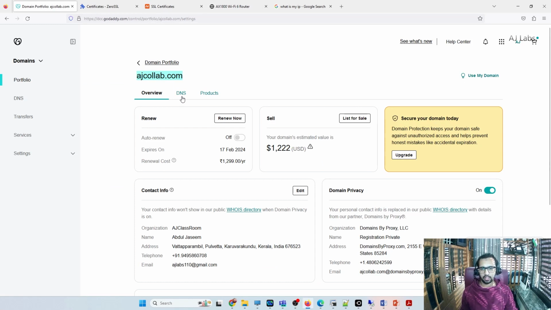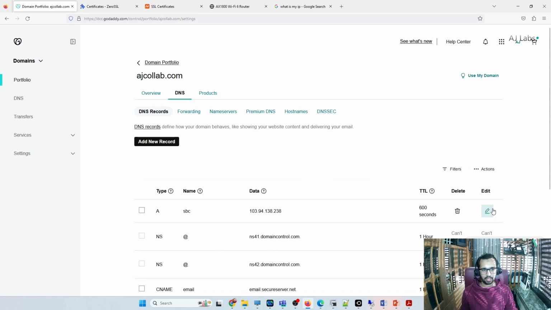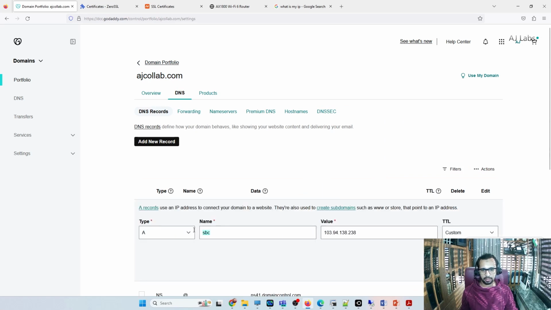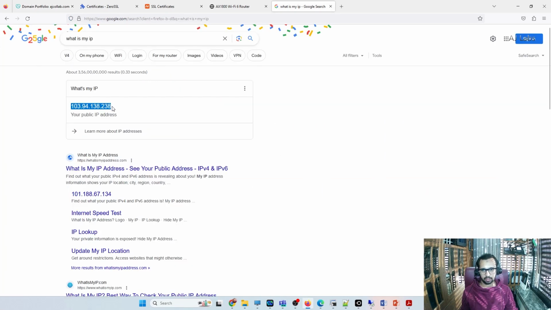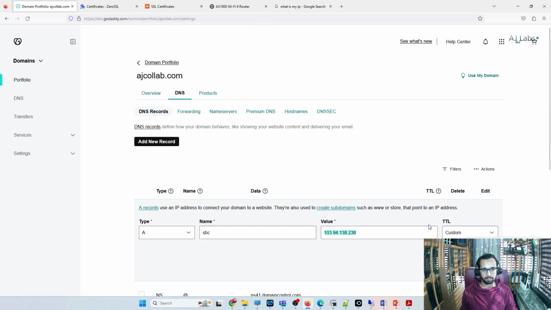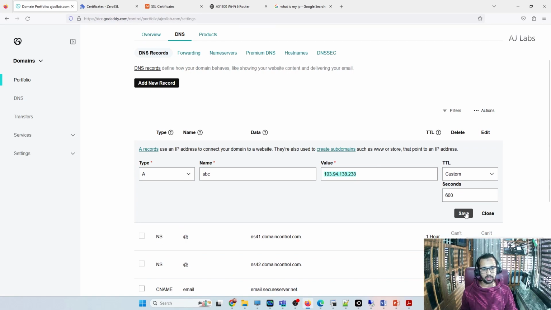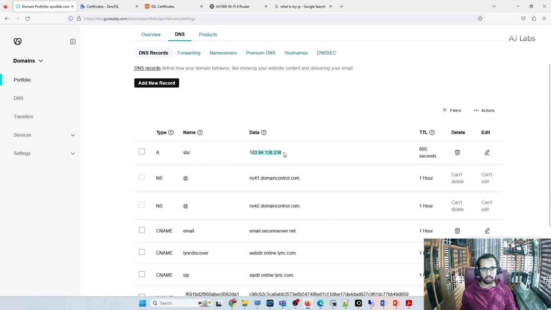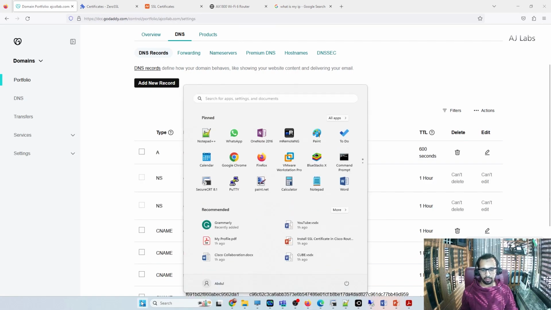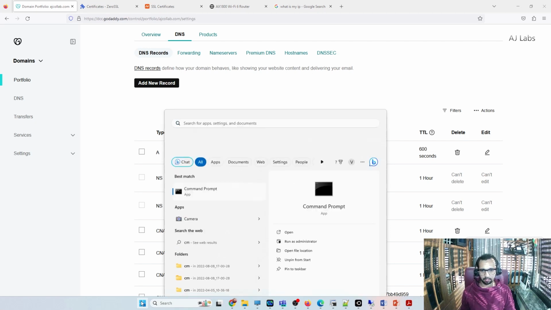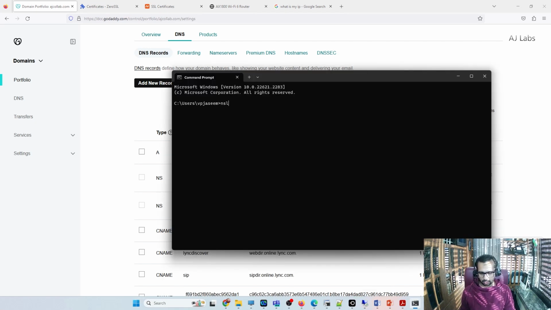And if I go to its DNS records, there is an entry here called sbc. It's an A record, sbc, that uses my public IP address. Again, the same IP address I have given here. And I'm going to hit save. I already saved it, so I don't need to. It points to my public IP. And if I open command prompt in my system, if I use nslookup sbc.ajcollab.com